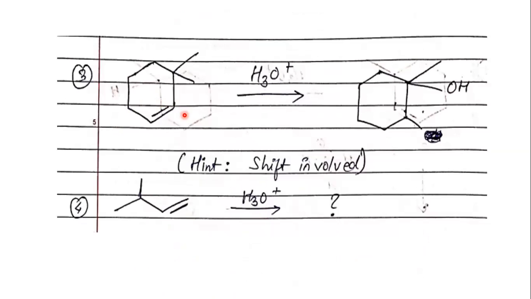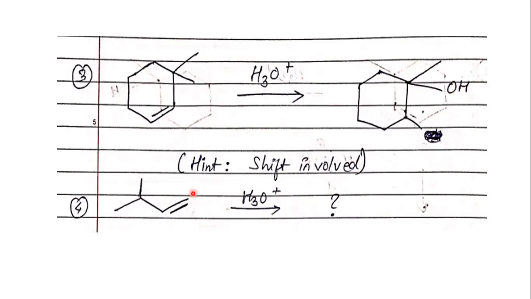We'll take another example here. I have not shown you the entire mechanism, so you can open your books and try to solve this example. Again, a cyclohexene structure, but with two additions here. Two alkyl groups are already attached, so this is making a quaternary carbon here, H3O plus. Again, the OH is attached on this carbon. The OH is not attached on the double bond. This group is nothing but CH3. So there is a CH3 here, but the OH is coming and attacking here.